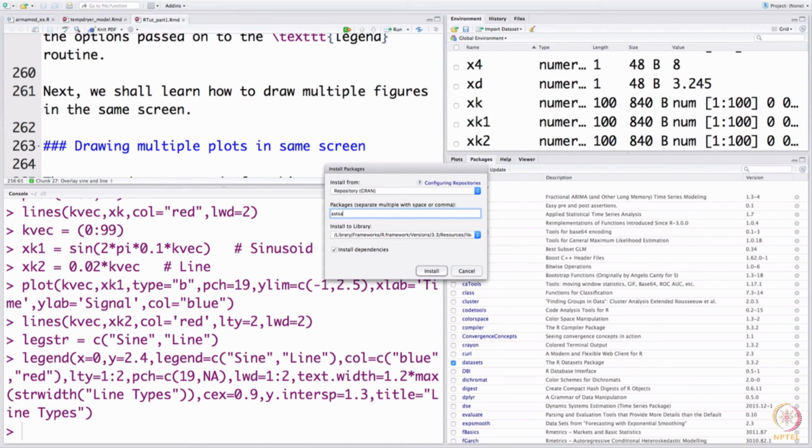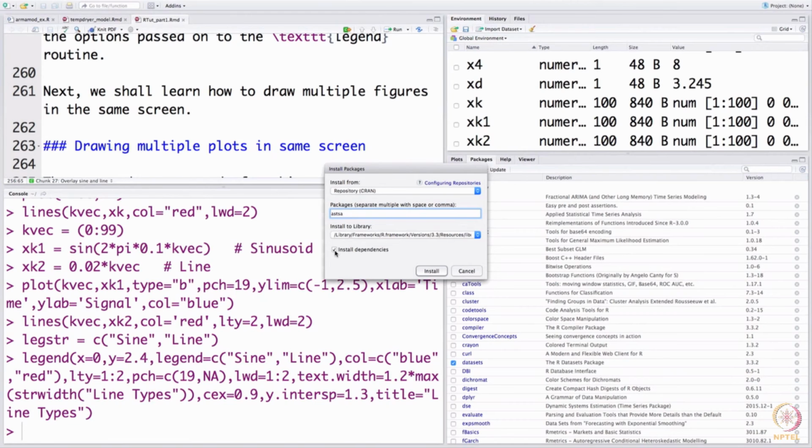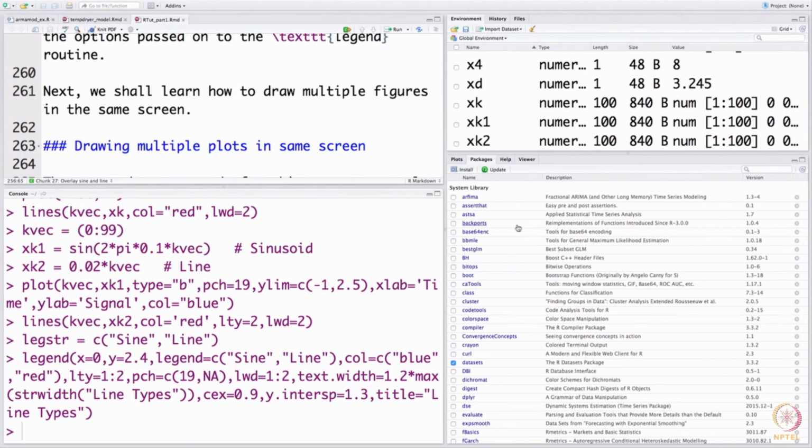I do not have an internet connection here, but if I had a working internet connection, then RStudio would automatically bring the matching packages, and you can make sure install dependencies is checked on, and RStudio will install all those packages for you. I have already done that, and astsa is already installed for me.